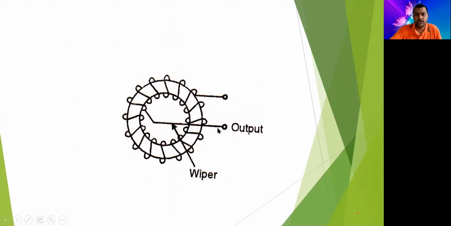So we are able to see we are having a wire bound on a circular frame, and we are having three wires. One is the wiper, which is going to rotate on this as we do it in the pot, right? So as you increase or decrease the pot, the wiper goes on changing its position, and accordingly the resistance also varies. So similarly, we can change the number of turns over here by moving the wiper on this coil, and accordingly the self inductance of the coil can be varied.